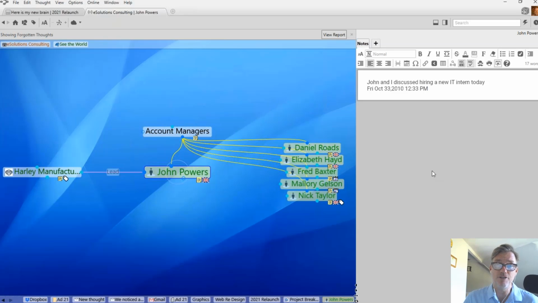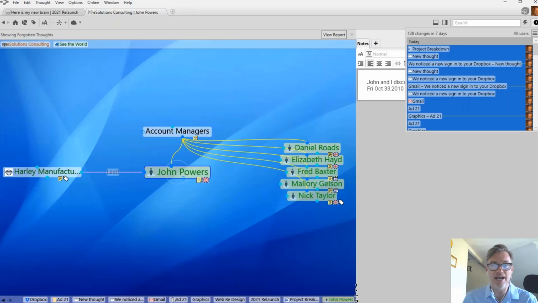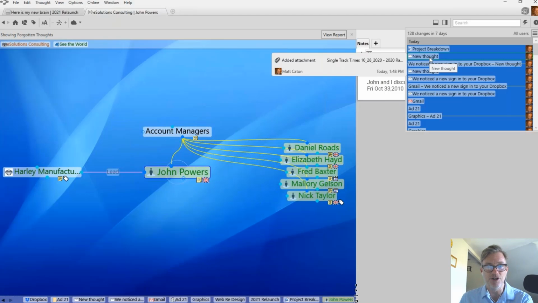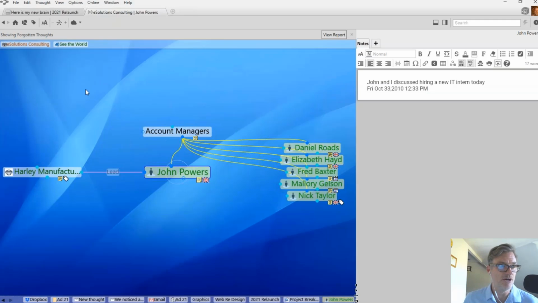So every thought has a thought history. You can find out when modifications were created, when files and attachments were added, when changes were made, and so forth. And that's on the recent changes there, or on the individual thought. So you can see I can mouse over a thought. I added an attachment to new thought today at 1:48,